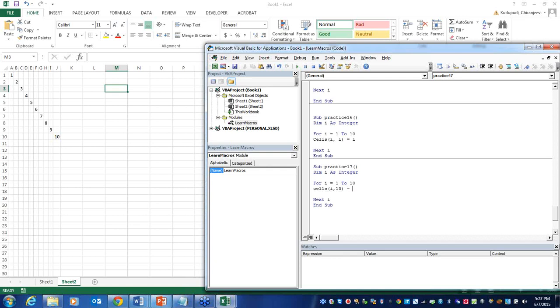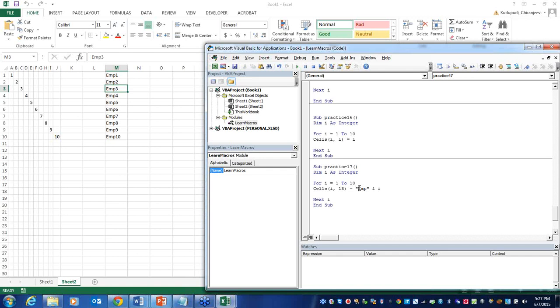The text should be under inverted quotes, EMP under quotation, and then ampersand I. EMP1, EMP2, EMP3. Okay, like that